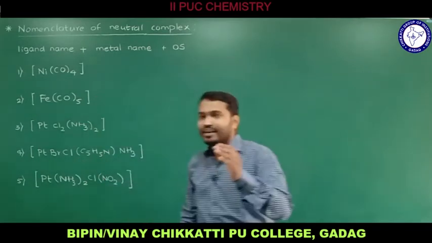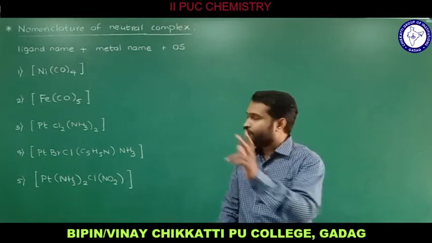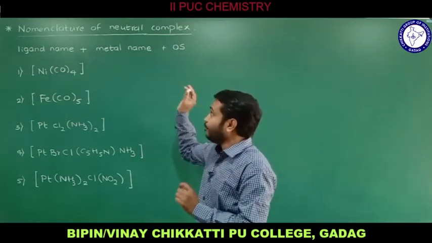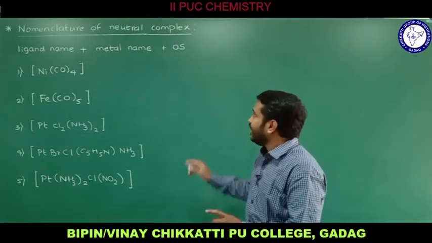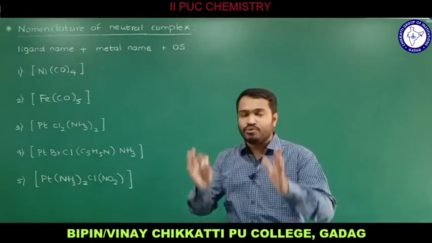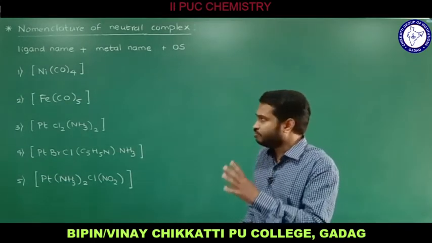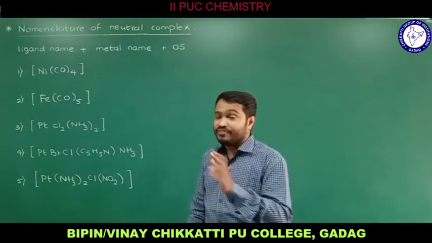First you need to write the ligand name with suitable prefix, following the rules of ligands, and next the metal name as it is, and we need to write the oxidation state in square bracket, in Roman number. The rule is very simple. Now we'll see the examples. The first example I have